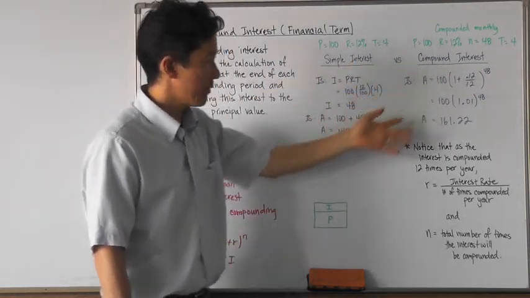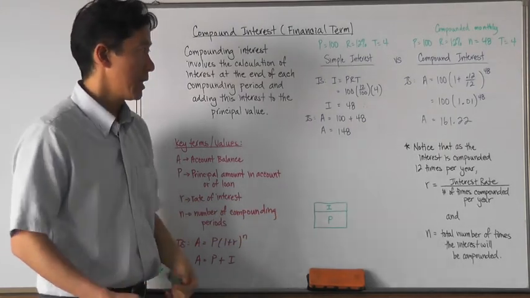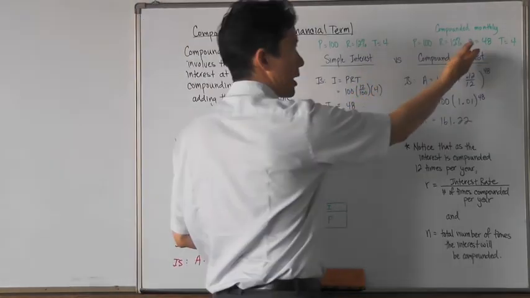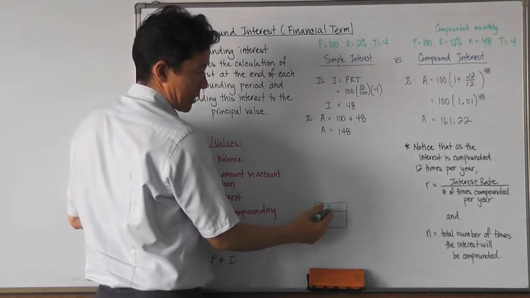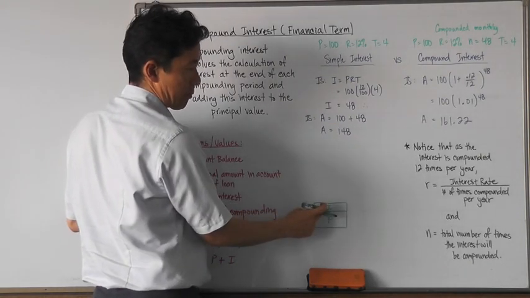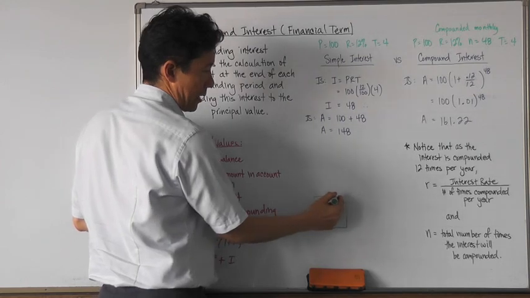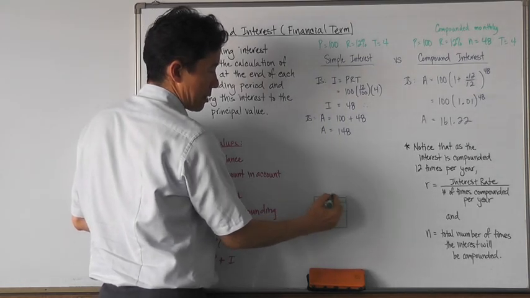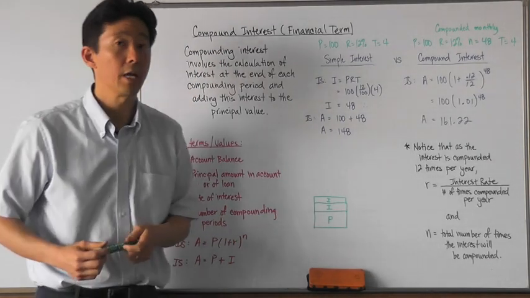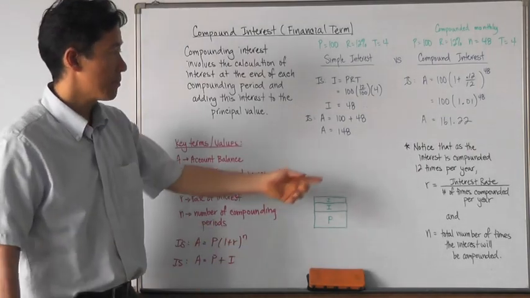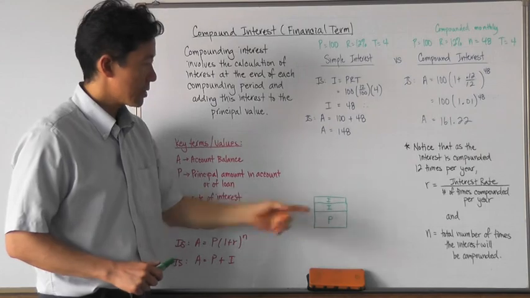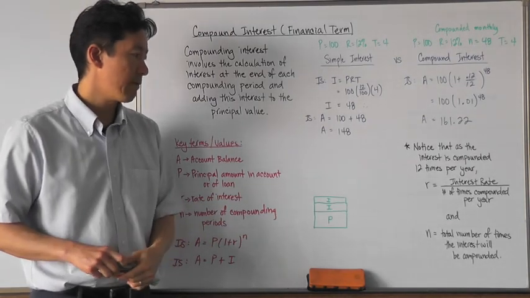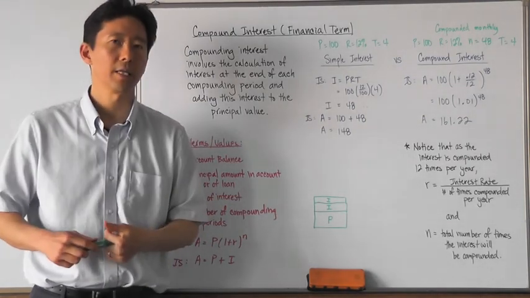Now, this is what it was like for simple interest. What does it actually look like for compound interest? Well, the idea, of course, is that if you're going to be calculating interest 48 times, then that means when simple interest we only had one I, in the compound interest, we're actually going to be doing that 48 times, which is the reason why you're going to actually come up with more money. Okay, so now, of course, that's not going to represent that very well, but I think you get the idea